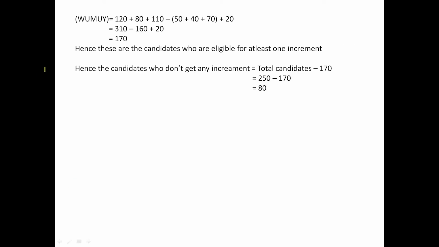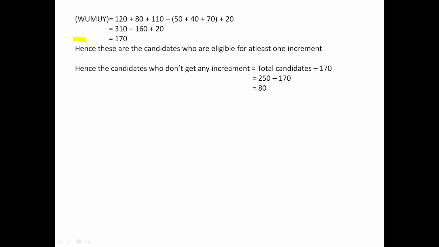Okay, fine. So here number of W union M union Y is equal to number of W plus number of M plus number of Y minus number of W intersection M minus number of M intersection Y minus number of W intersection Y plus number of W intersection M intersection Y, and the values are here. So after putting in all these values, we got the final value that number of W union M union Y is equal to 170.